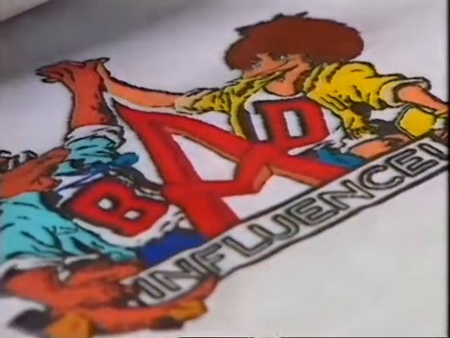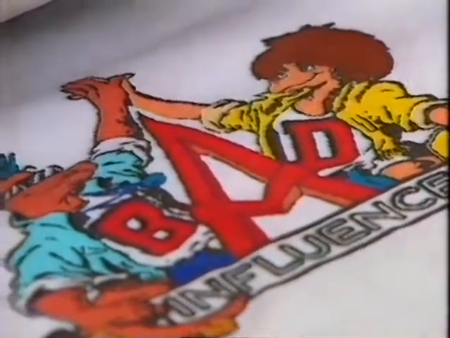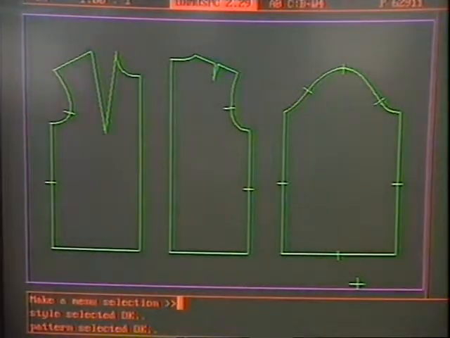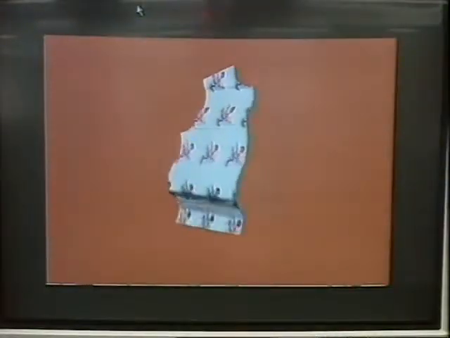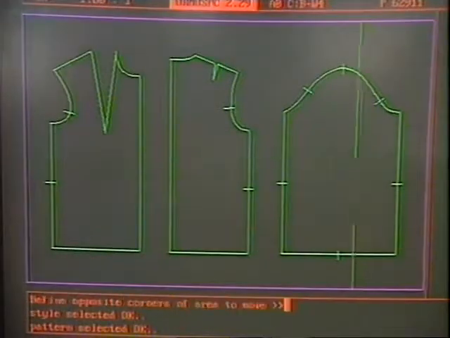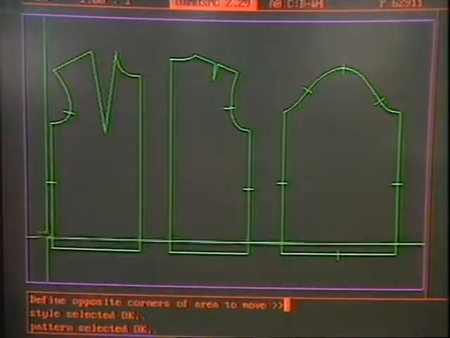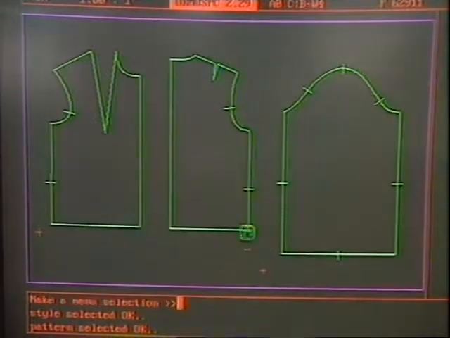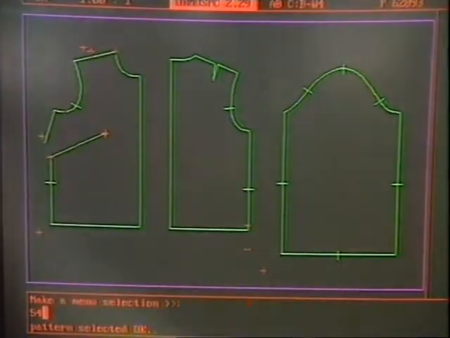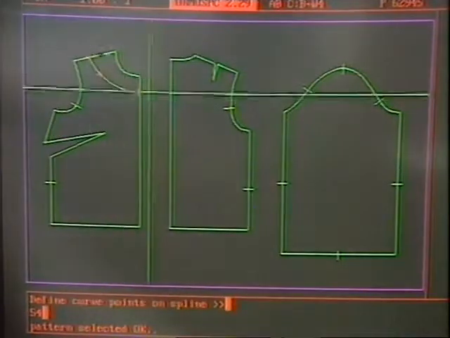And now for the exciting bit, designing the shape of the dress. This software already has a library of pattern pieces, so I can choose one that's close to the dress that I want and alter it to suit. First, I can see what the pieces will look like in 3D. I'm not happy about the shape here, so I've come back to the flat pattern pieces to alter them. I'm definitely shortening the length, and I want to change the position of the darts and the shape of the neckline.